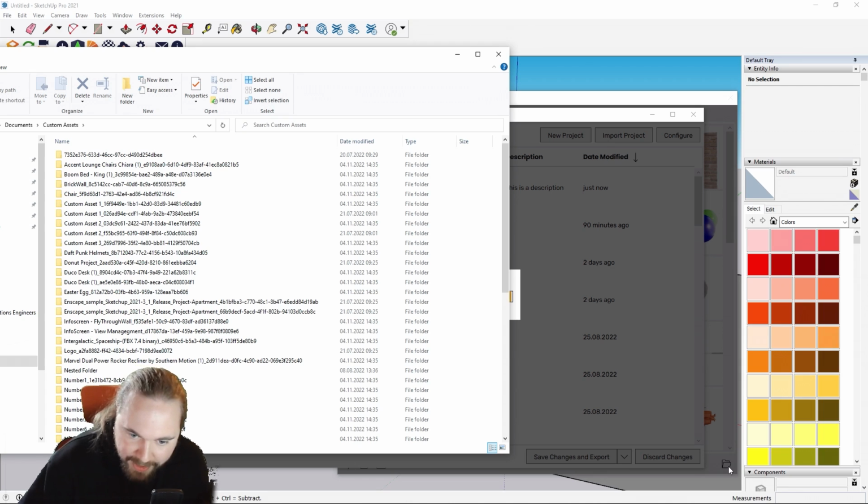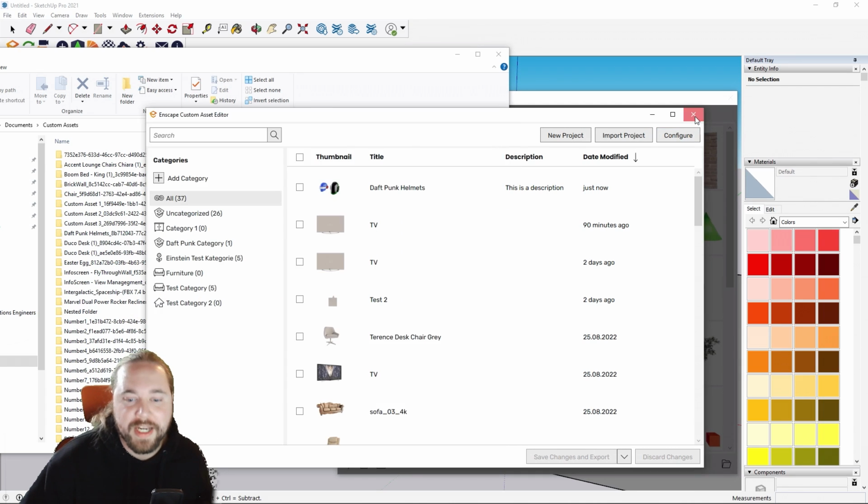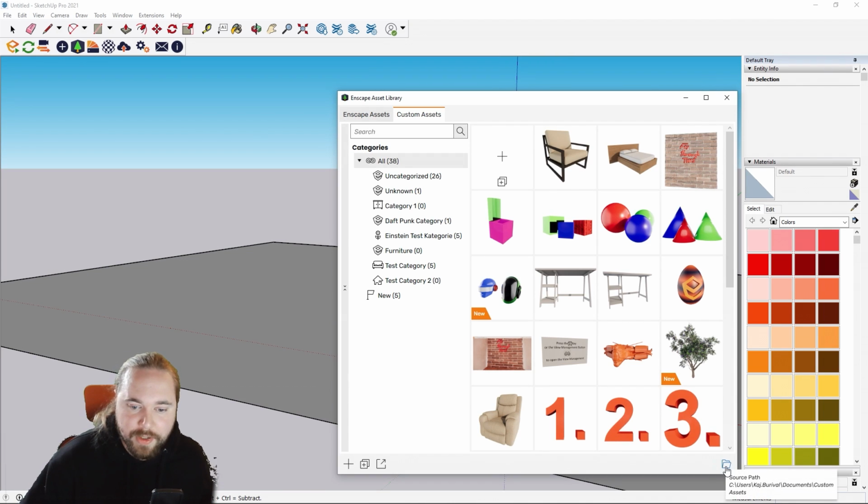You know, we've set it up down here in the bottom right corner. I hope you see it. And if you hover over it with your mouse, you can see where it is. And there we go. You can just grab this whole folder,